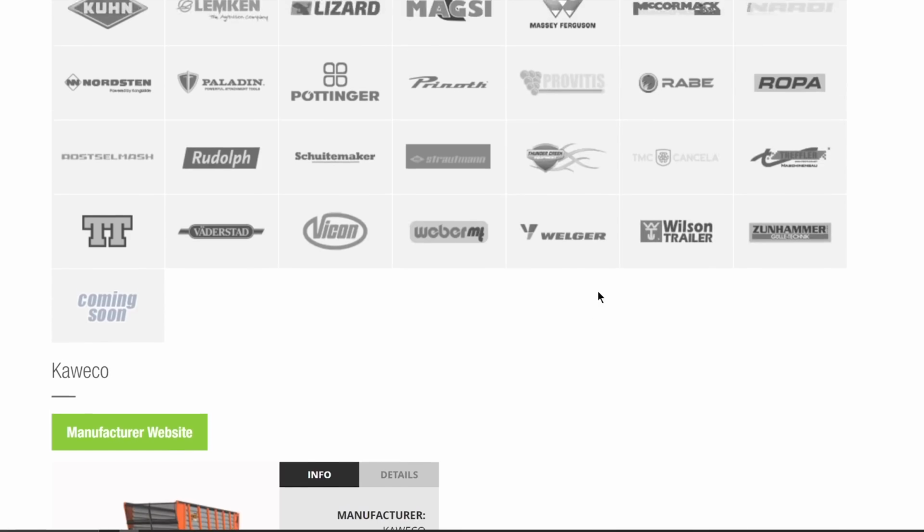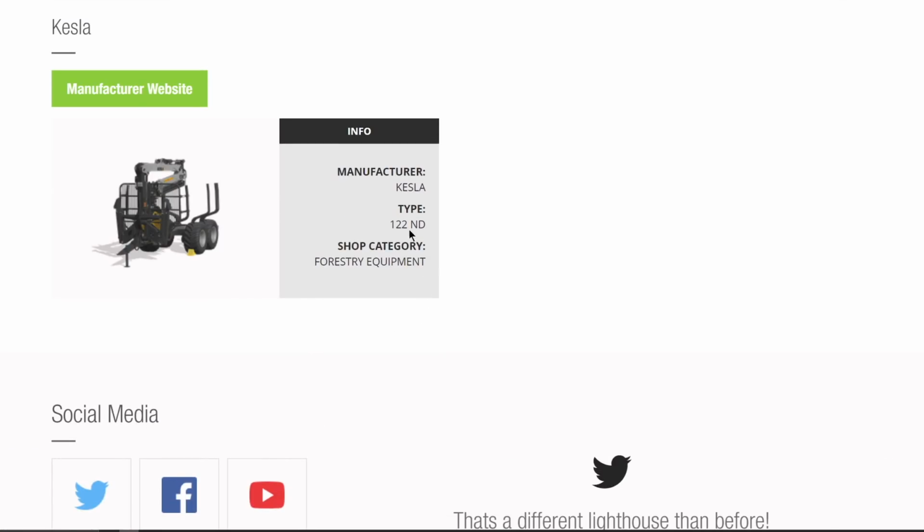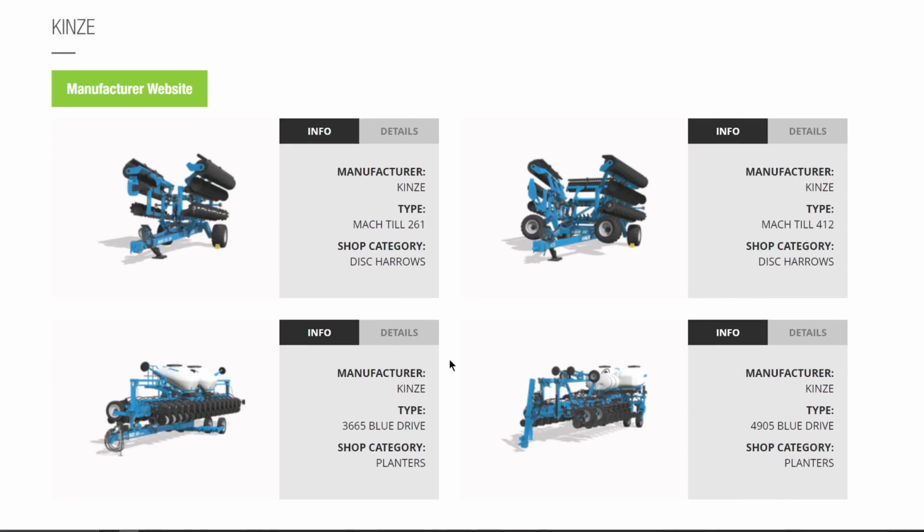From Kaweco, the Radium 255. Moving on from Kessler, we have their forestry equipment. Yep, there you go. You got that. From Kinsey,